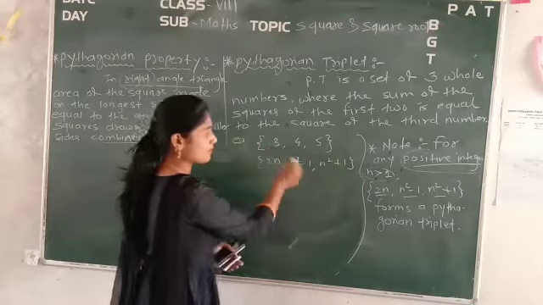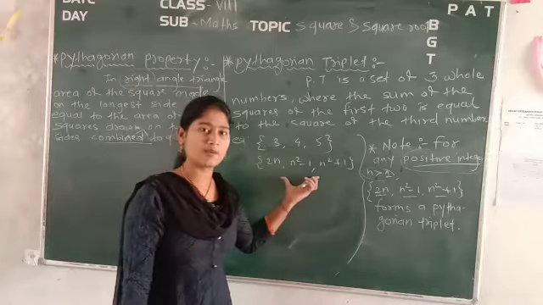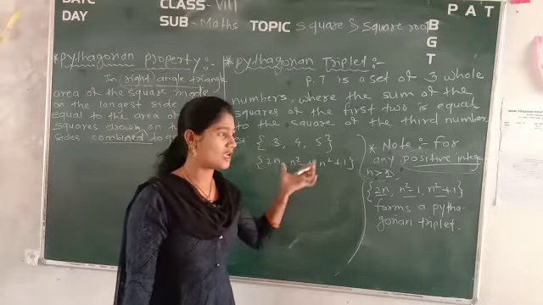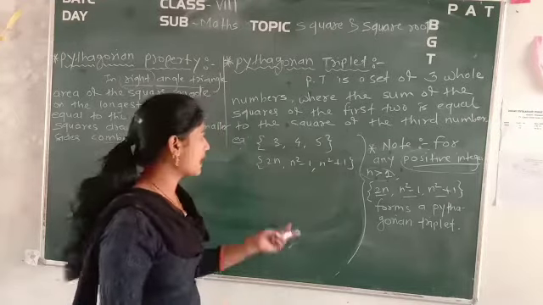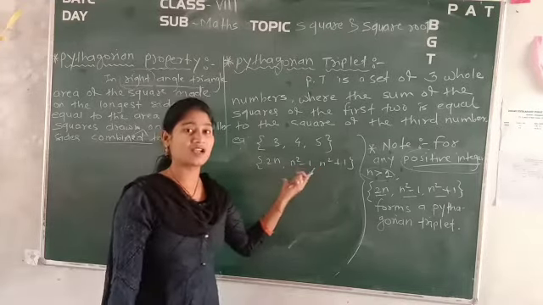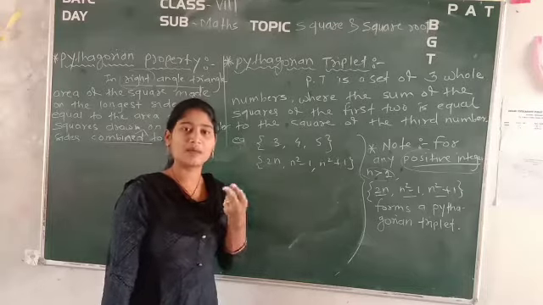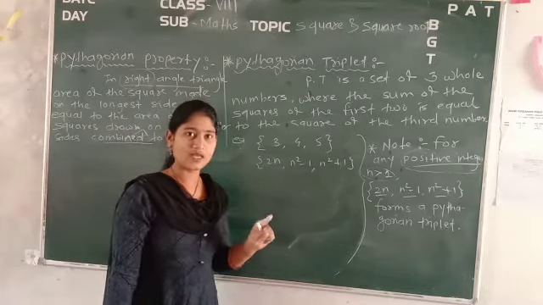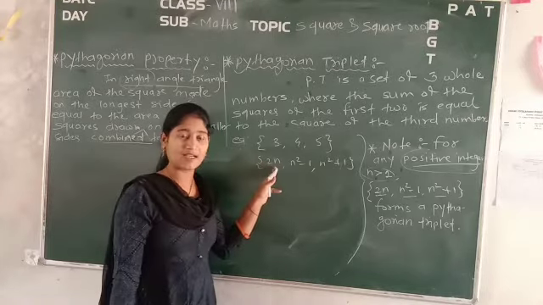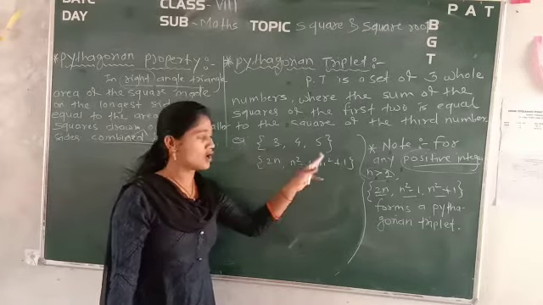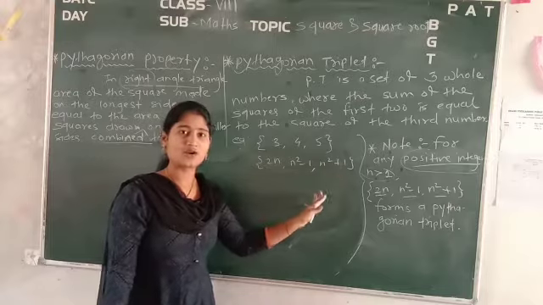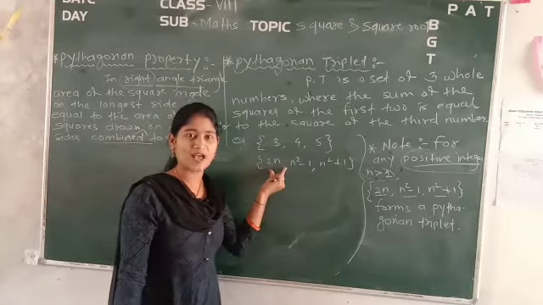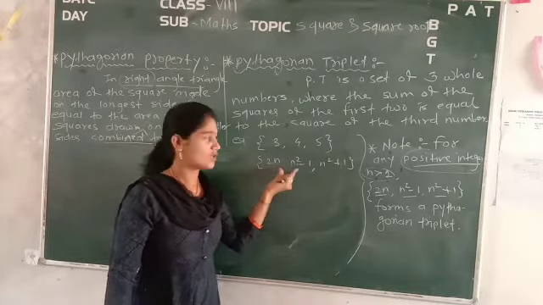If one member is given, you can find out the other members by using this formula, which is very important. So keep it in mind. Now we will turn to examples depending on this property: how we can find out the other two members of the Pythagorean set if one member is given to us, by considering whether it is 2n, n square minus 1 or n square plus 1. Simply, they have given you the first member, and the remaining 2 you have to find out.